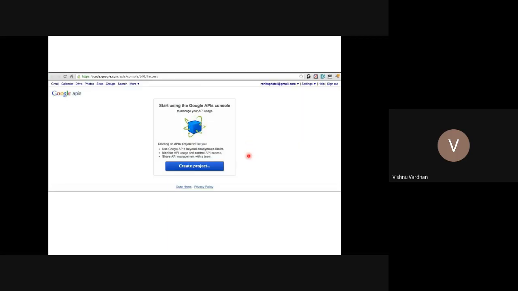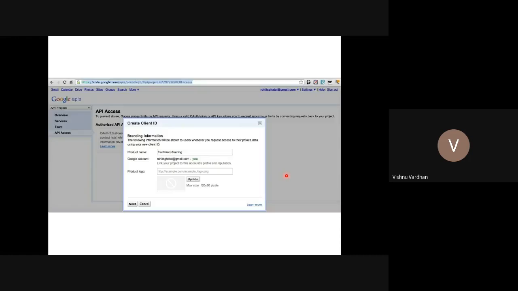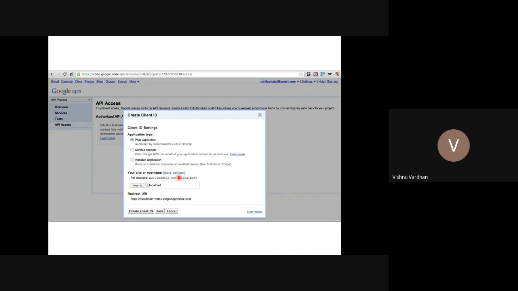Similarly, Google APIs can also be integrated in the same way. You have to first of all register with code.google.com. This is the interface which is available for Google. You will write the product name, and then you are going to create some settings, whether you are going to create a web application or a web service, or an iOS or Android application. So the type of client categorization will be made available to Google, and then you are going to define the URL also. This is the redirection URL like we have seen with Facebook.